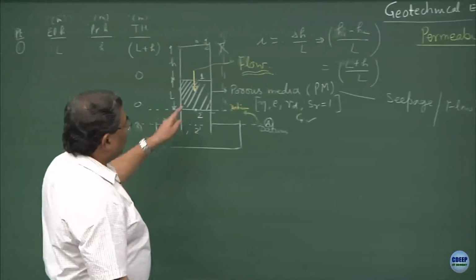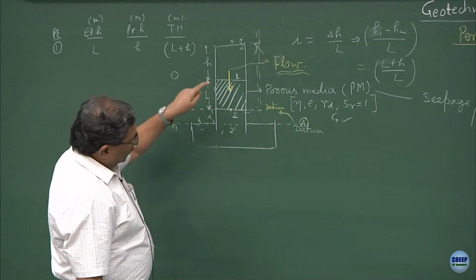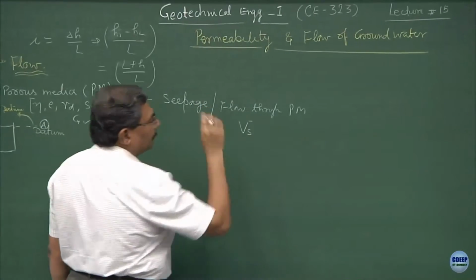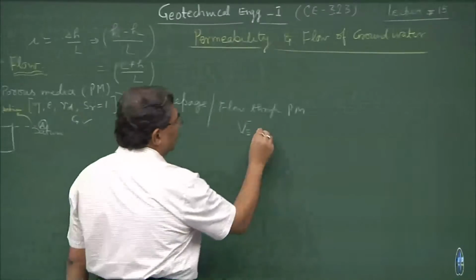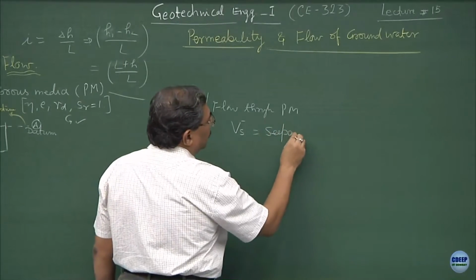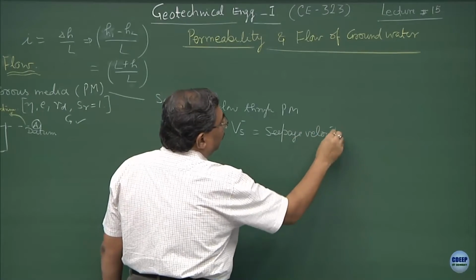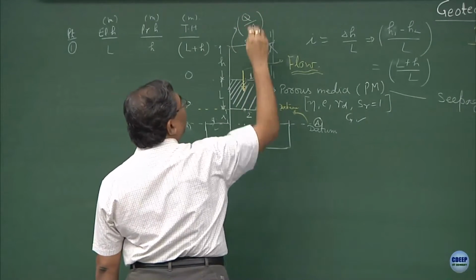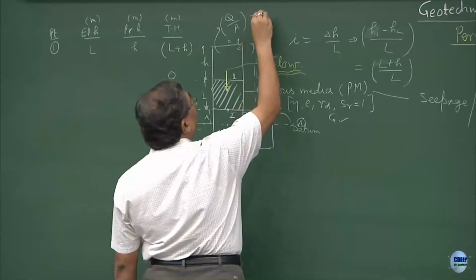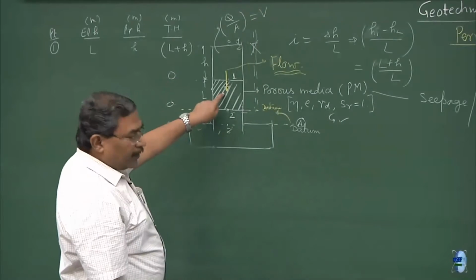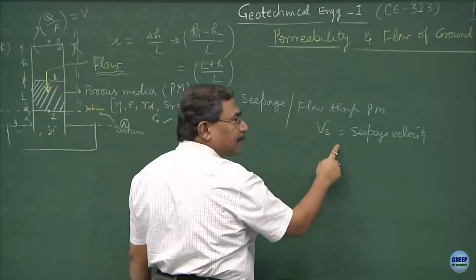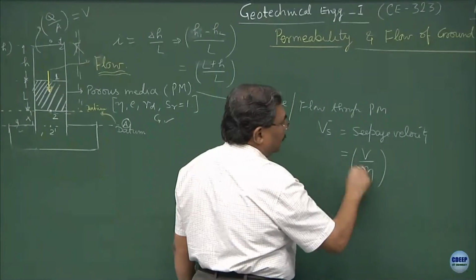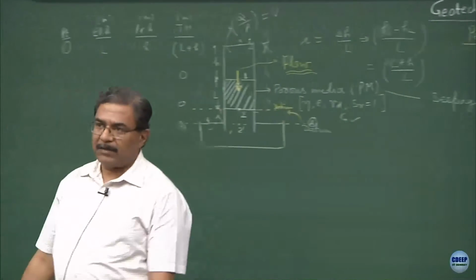Now, when the discharge or the seepage is taking place through porous media, we introduce the component Vs. This is what is known as the seepage velocity. I hope you understand the difference between this. So, this is your Q upon area of cross section, which is nothing but the capital V, and what is going to enter into this system because of seepage will be the seepage velocity. Now, it so happens that seepage velocity is equal to discharge velocity upon porosity. How?